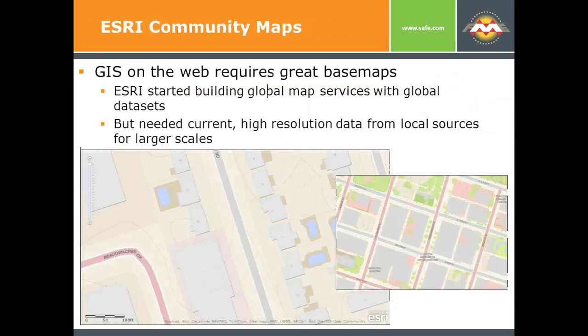The origins of this really is the realization by Esri and others that to do GIS on the web we need these base maps. So you see base maps like Microsoft with Bing have provided, and Google and others, generated from commercial sources, and so the idea here is that Esri started working on trying to build these same kind of map services with global data sets, but of course what they really needed was the high resolution data from the local sources to fill in the pictures at the larger scales.